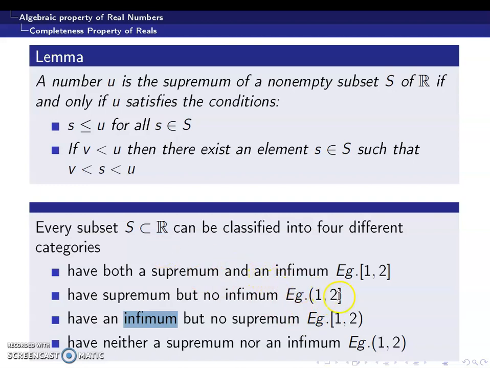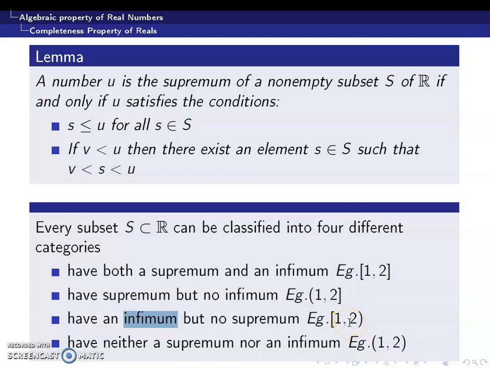And in the last case, closed interval 1, 2, it contains both its supremum as well as infimum. So we can generalize this. If you take closed interval AB, where A and B are any two real numbers, its infimum is A and supremum is B, and both infimum and supremum belong to the set itself. If you take open interval AB, the supremum is B and infimum is A, and neither A nor B belongs to the set. If you take open A closed B, the supremum B belongs to the set. If you take closed A open B, the infimum A belongs to the set.